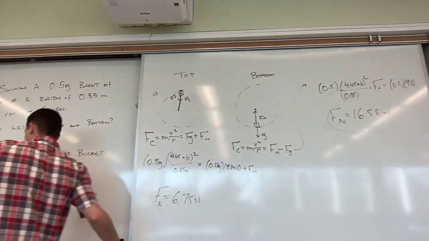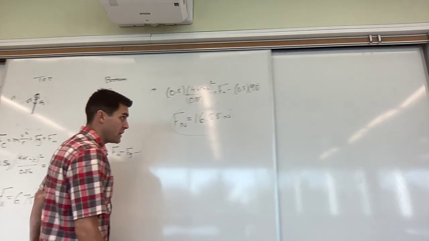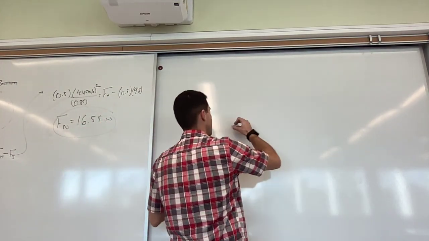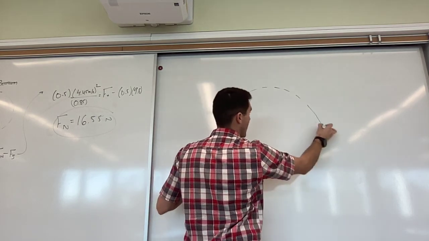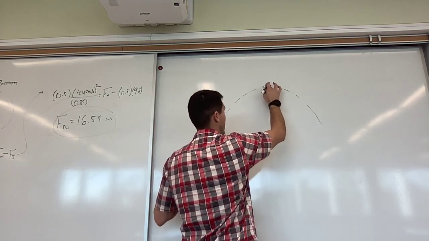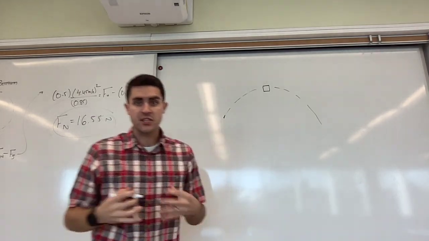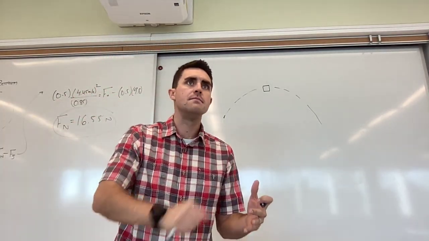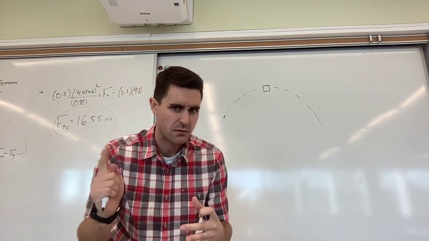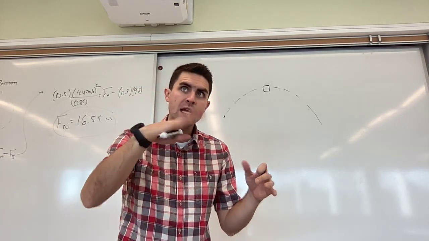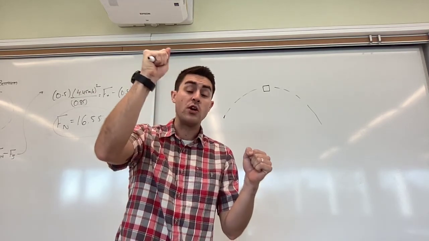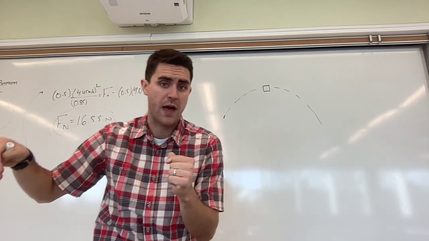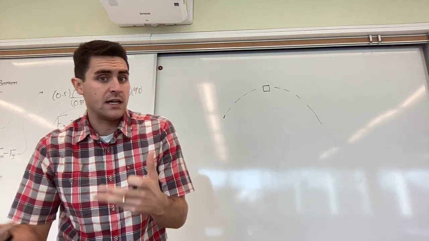So now we're going to get into a special case, where we look at the minimum speed at the top. We're going to examine the top way more closely than we have before, okay? At the very top, this water is going to do something. If I'm trying to figure out what is the minimum speed, not maximum speed, the minimum speed this bucket needs to go in order for the water to continue moving on my circular path, I'm going to need a different